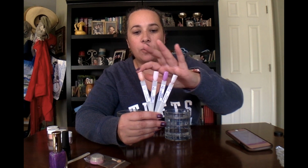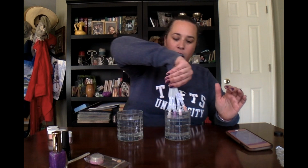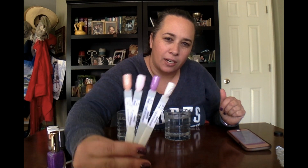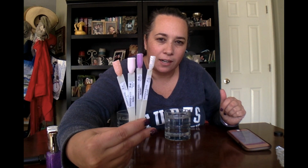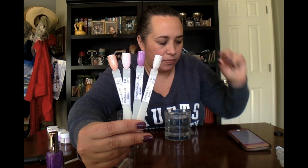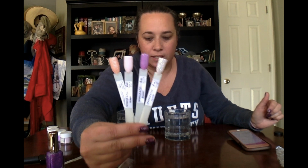And then these two are our temperature changers. So I'm just going to put them all into the water just because of the way I'm holding them. So I'll show you what they look like. This is in, excuse me, cold water. So you can see they're just really beautiful. Kind of trying to hold them around so you can see their color. So really beautiful iridescent glitter dip. It's so gorgeous. And then if we put them into hot water,